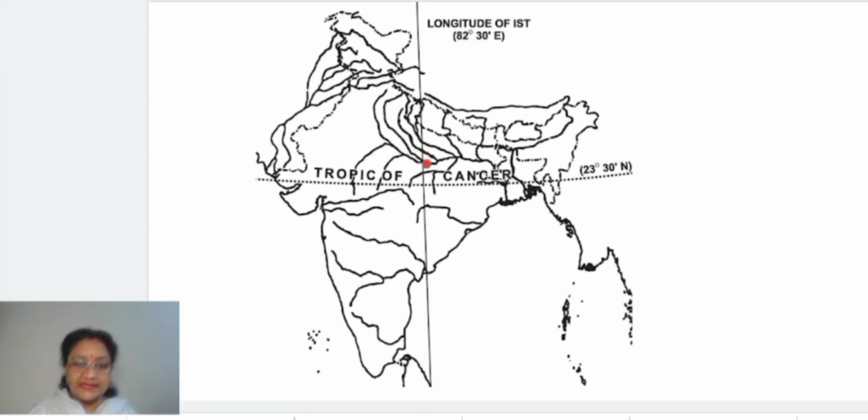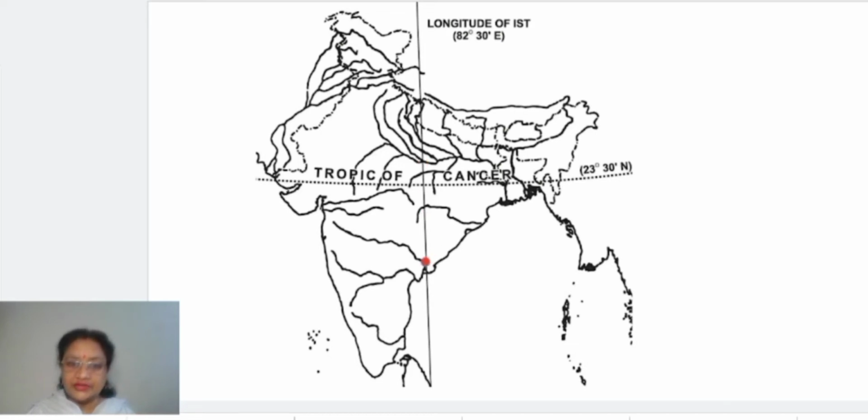Now come down to the second point. Second point is actually where the Ganga and Yamuna rivers are meeting. Exactly this point. What is it now? This is Allahabad. Now first point you have got is the northwestern corner of Nepal, and the next point is where the Ganga and Yamuna are meeting, that is Allahabad. Clear? This is going to be the second point. Now come to the third one.